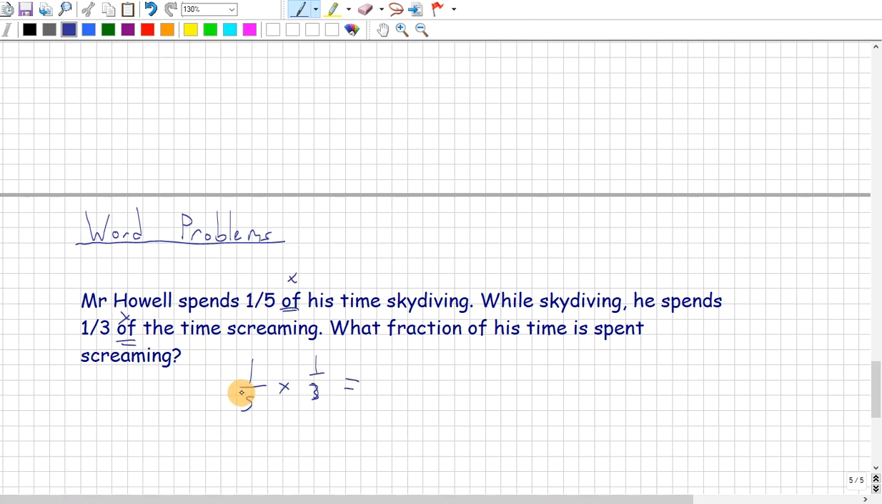So multiply the numerators together. 1 times 1. Well, first of all, could I reduce anything? Could I cross divide? No, because these are very simple fractions. So 1/5 times 1/3. 1 times 1 is 1. 5 times 3 is 15. So 1/15 of his time is spent screaming,